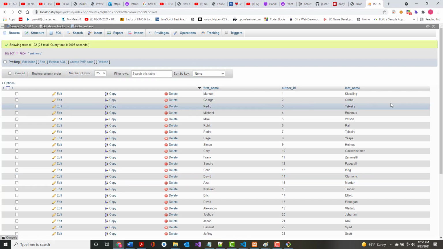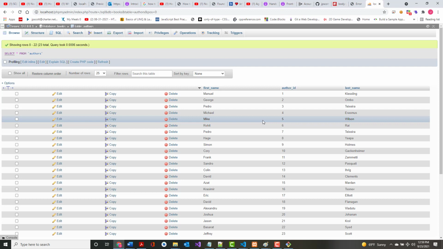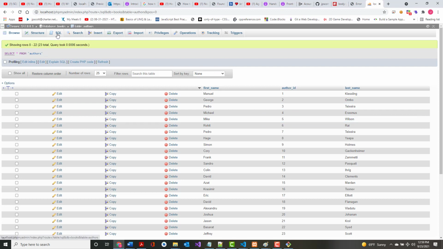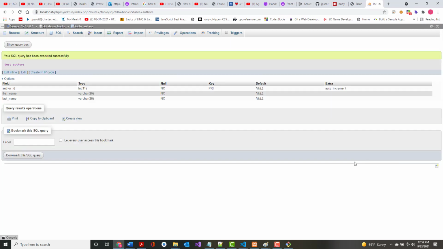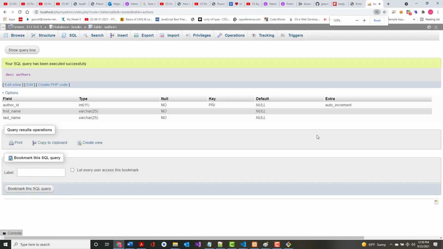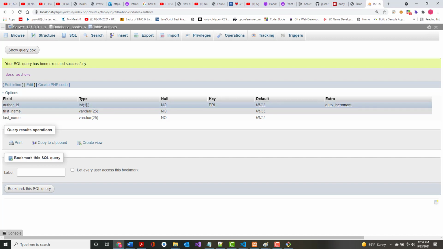All right, I don't know why my things got changed as far as their order, and that doesn't matter. But when you look in here, and if I say describe authors, you don't have to type it in. But if I put that in, notice what it's showing me. It's showing me the schema for that table. That should make sense to all of you. So it's telling me I've got 3 fields. Author ID, which is an integer, it defaults to size 11 for an int. You know, whatever that number is,